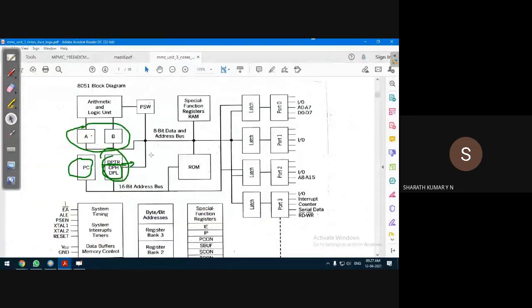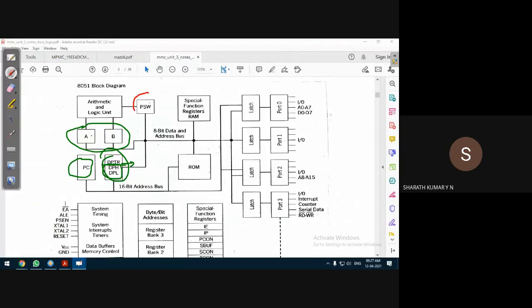Let us continue our discussion on the program status word. Last class we discussed that it consists of flags, which indicate the result of execution of arithmetic and logical operations. We'll discuss this in a little more detail next. You can see the 8-bit data and address bus. The ALU is connected to various parts using an 8-bit data bus and an address bus. The address bus is particularly 16-bit because the program counter is 16-bit in size.